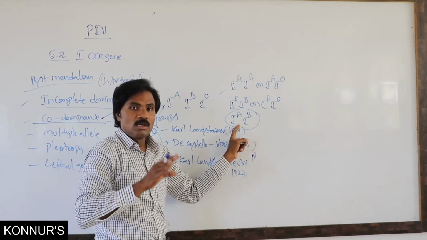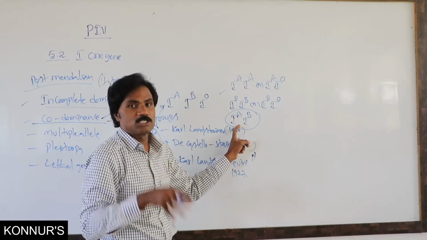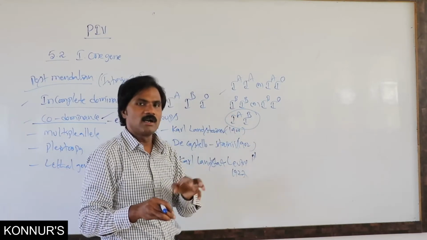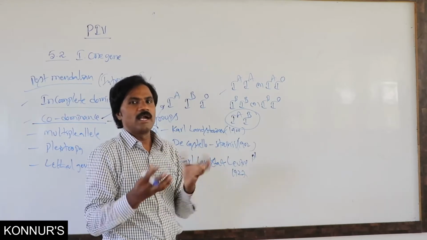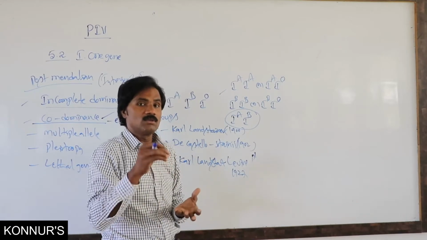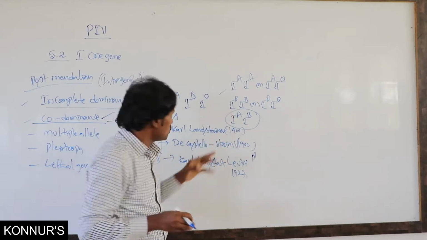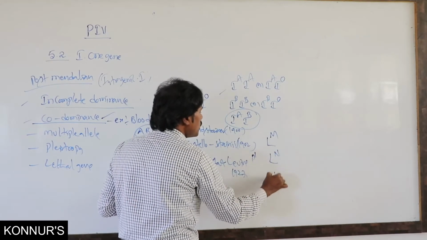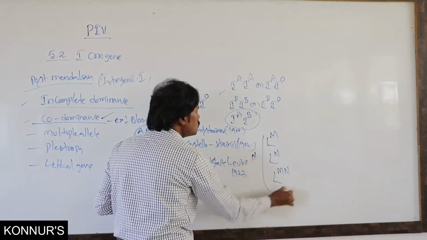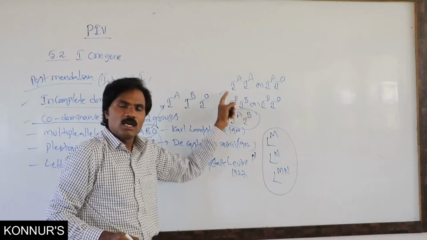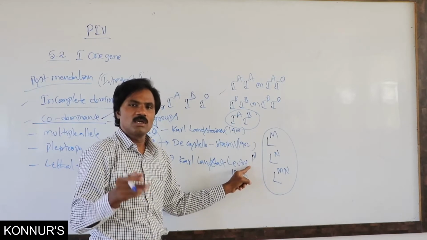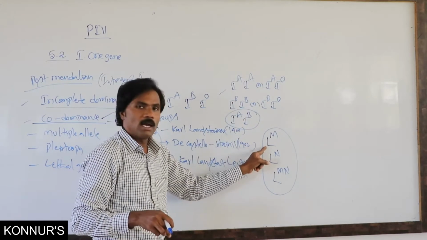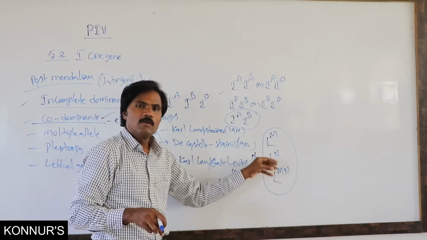That means it is not any separate expression. A is independently one particular expression, B is also separate independently. When both get together, there are no separate antigens and no separate antibodies. That is codominance. Here AB is the codominant. Similarly MN also: M as well as N. The gene is either isoagglutinogen I or L. L means Karl Landsteiner, that's why L is also one of the gene symbols. Either I or L can represent it. Here MN also relates to it.